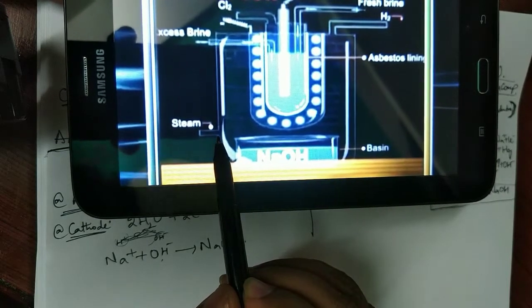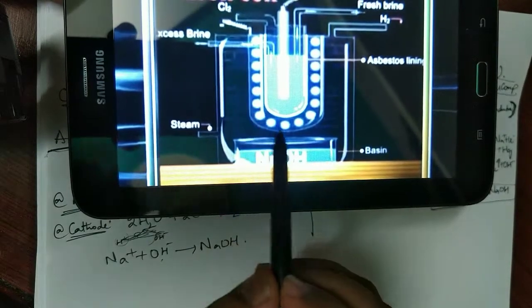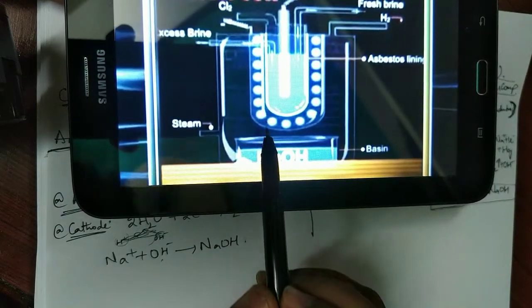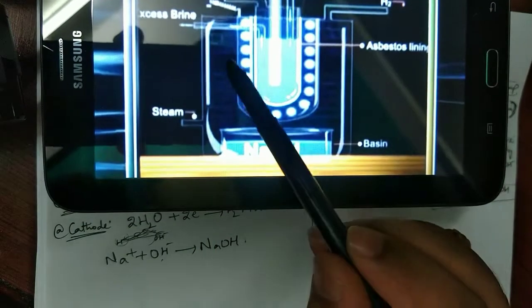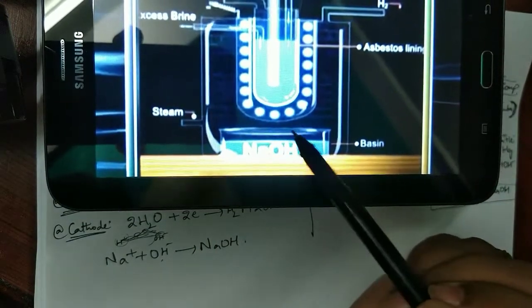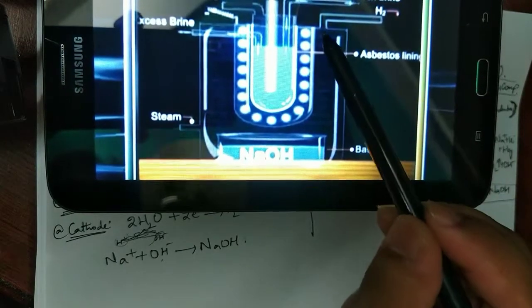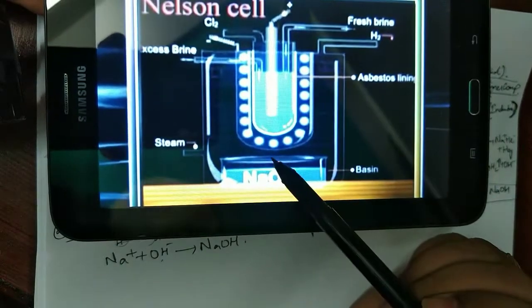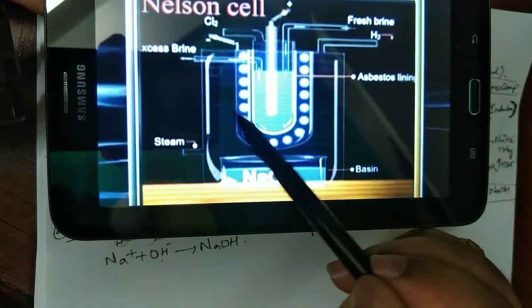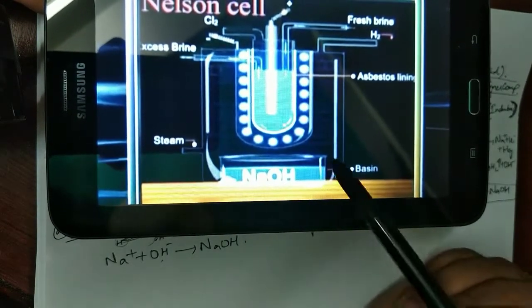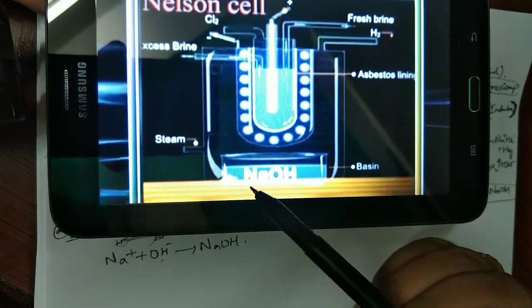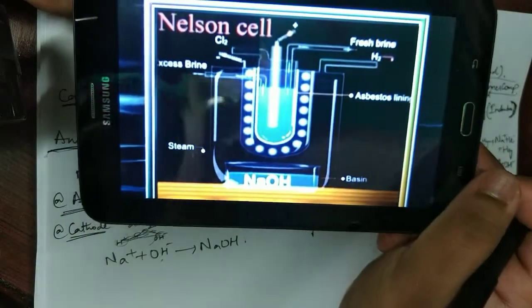So the water will absorb, or take, the 2 electrons from the perforated steel rod, and it forms hydrogen gas, which is released, okay. You can see that hydrogen gas is released here, and then the OH minus and the Na plus ions that are coming out from the perforation will form our NaOH. So here I can collect the NaOH in the basin. Clear? Okay, so this is how it is.